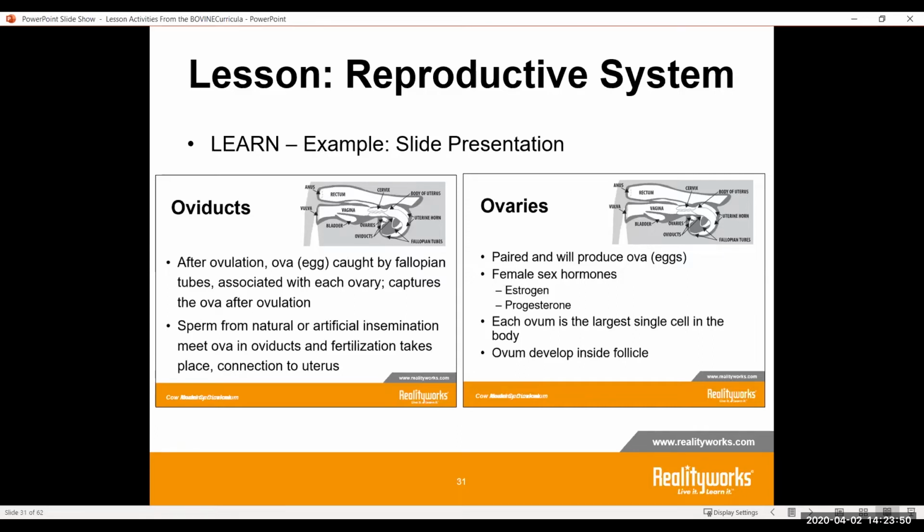This is also a great example where you can send these slide presentations to your students to work on during the week, to read through and get an understanding. Then maybe later in the week, you can use that as, okay, you were supposed to have read this, now we're going to have some question time, or you were supposed to do this activity, now we're going to talk about it. Being able to break it up for students, so it's not all in one setting, gives them different opportunities to gain that knowledge and learn. There's a great wealth of knowledge here, not only in the text, but also in the visuals to show your students.